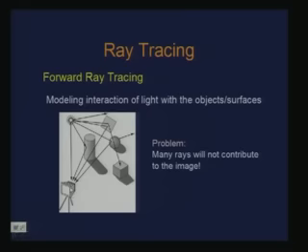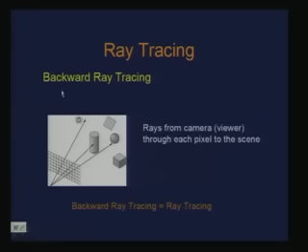So, what we do is we reverse the process. So, this is called forward ray tracing. Then if I reverse the process, then we are talking about backward ray tracing, where we start from the image plane itself, the pixels of the image plane themselves. So, there is a ray which is emanated or shot from the eye or the viewer for each pixel in this image plane.